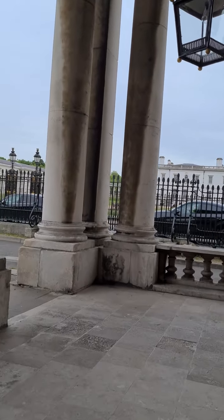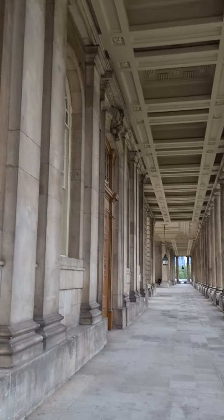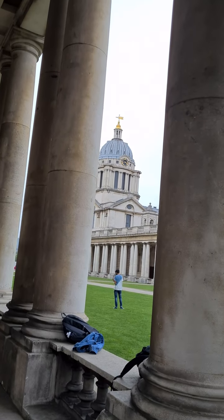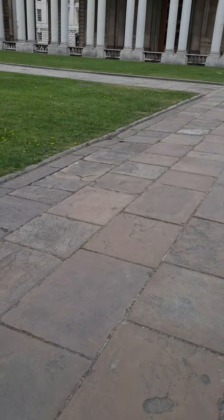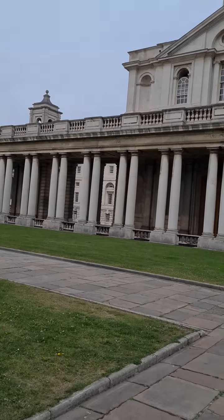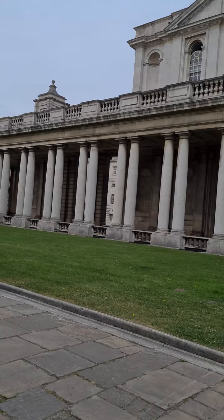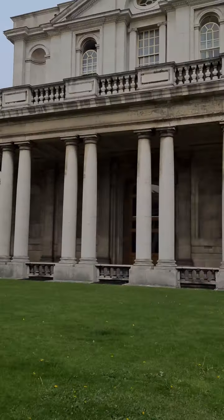Right. It goes on that way. All the way down that way. Oh, I like that. That'll make a nice screenshot. Wish I could get that program that removes people from pictures. I'll have to download it. You've got the same thing repeated exactly on this side, so one thing you are promised with the Georgians is complete symmetry. And the late Stuart period, pardon me,